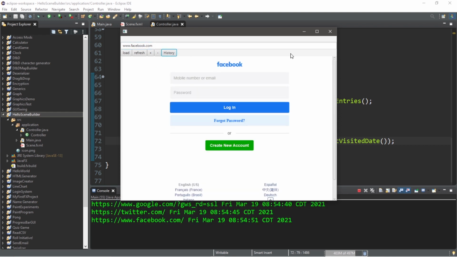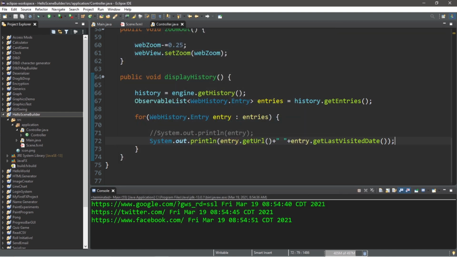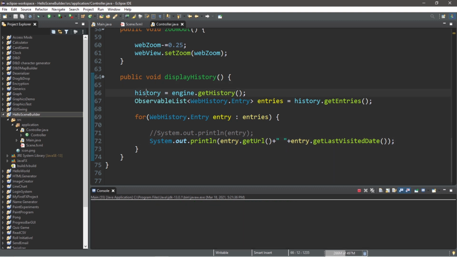Then get our history. So this is a little bit more readable. You can always use a printf statement too if you want to format this. But we have our URL as well as the date that we last visited this site. There's quite a bit that we can do with this history object. Let's create two buttons, a move back button and move forward button, so that we can visit a recently visited